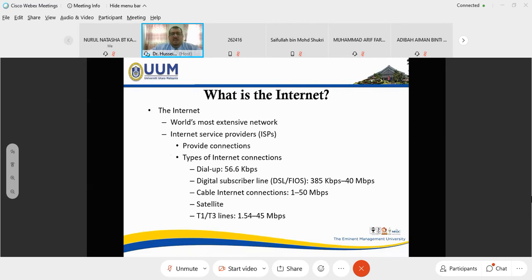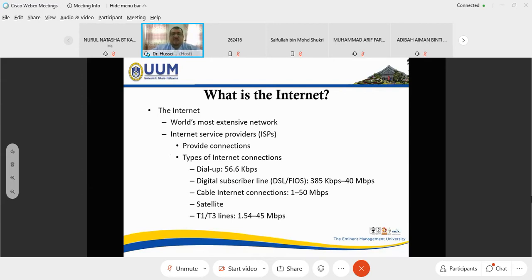What are the types of internet connection? Yes, there are a lot. I still remember that during my time, we connected to the internet through dial-up. Dial-up is so slow, 56 kilobits per second. You see how you can connect to the internet.